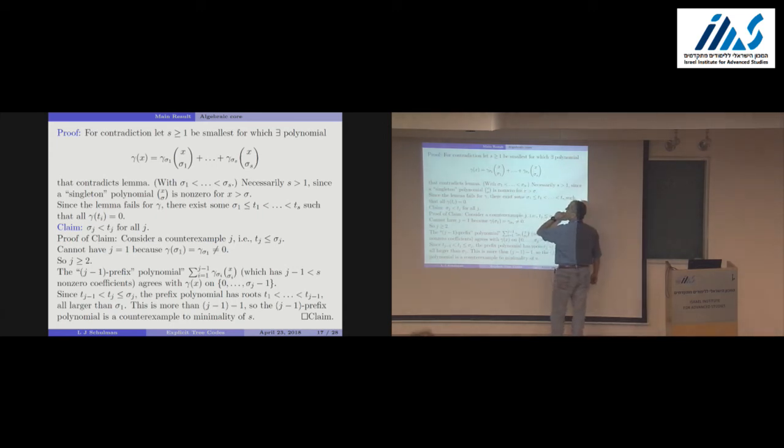Here it's where it has these non-zero coefficients, and we claim the lemma fails. So that means that we actually have s roots for this polynomial. And they have to be, so the t's are the location of the roots. They have to start at sigma 1. Actually, this has to be a strict inequality if you think about it. But anyway, they have to be, and so all these places, these are all. So to get a contradiction,